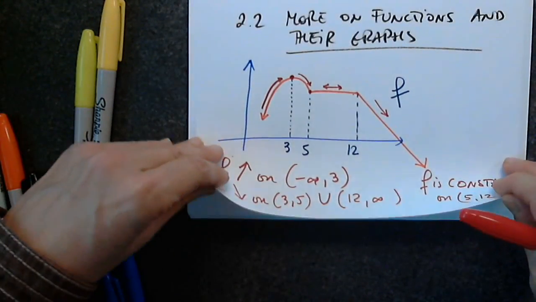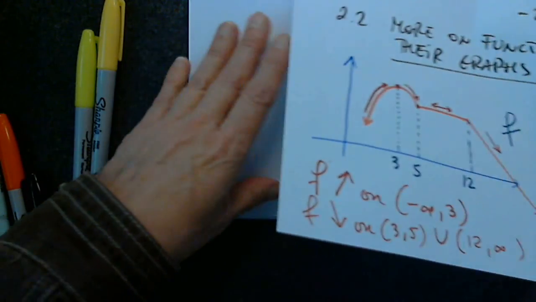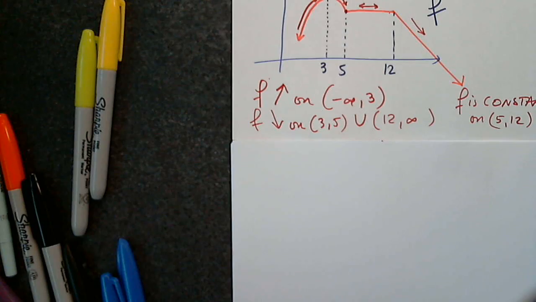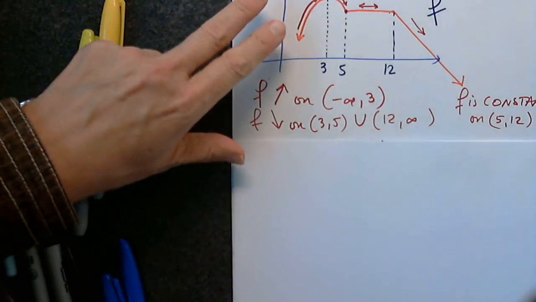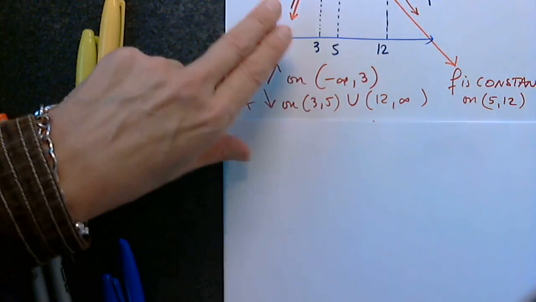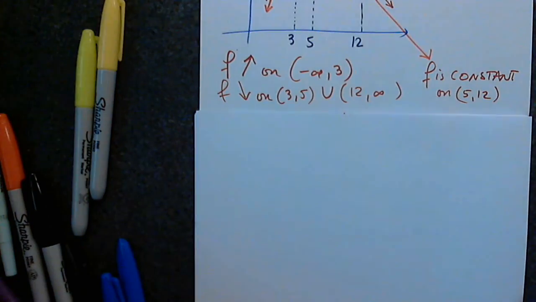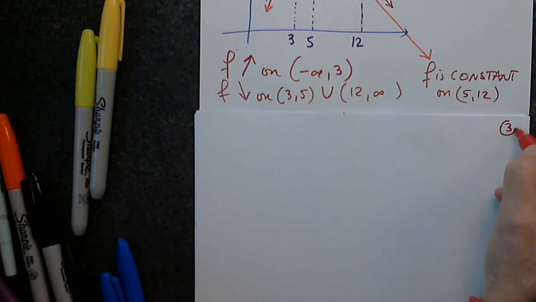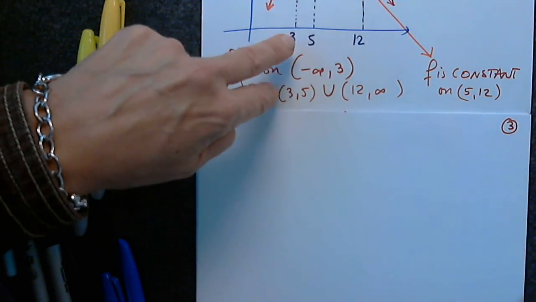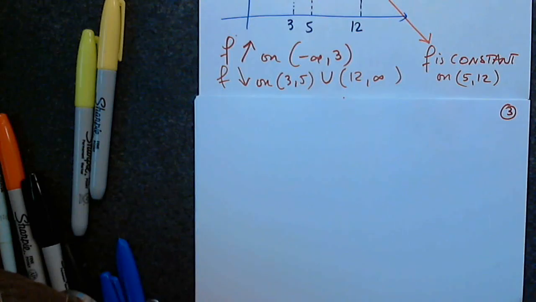So these are properties of graphs. Functions can increase, decrease, or be constant. Some of them have jumps, so that's possible too. But for a trend, these are the only 3 things that we look at. Okay. So now let's talk about 2 different properties that a function can